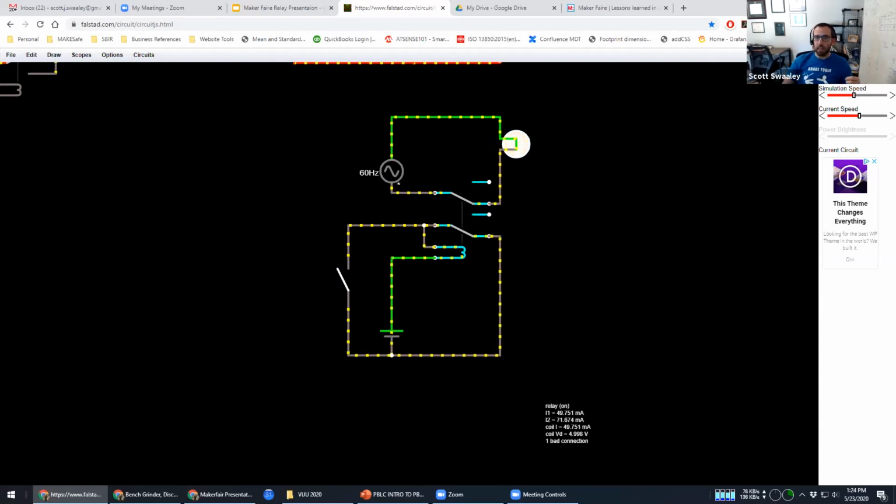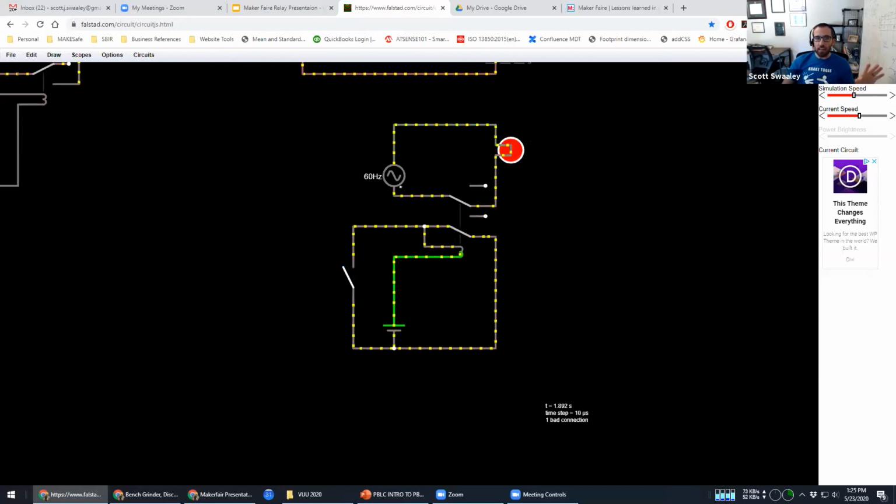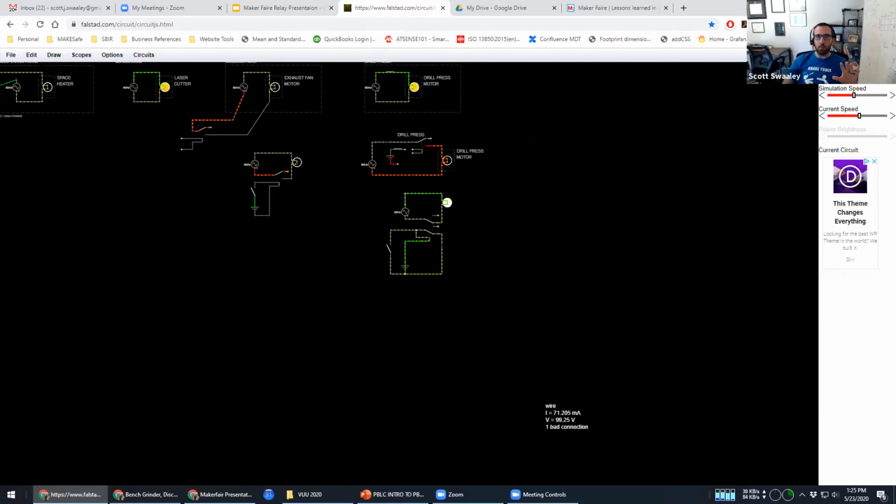For example, let's say that this was a key switch. Let's say you didn't want every kid accessing your tools. Instead of just a push button, you could replace this switch with a key switch. So when you go over there, you can turn it on with your key, but then once they turn it off, it can't start again until you come back with your key, right? And so you can get creative with some very, very inexpensive parts. And so that in a nutshell is a few ways you can